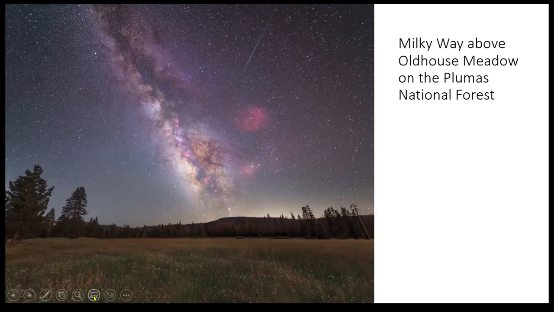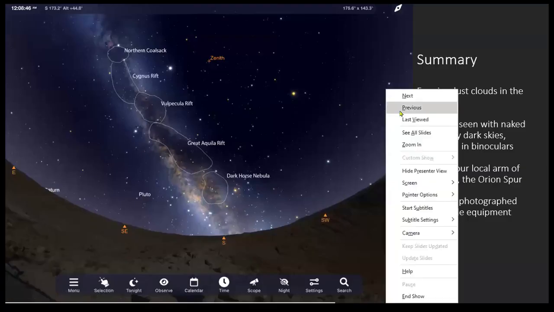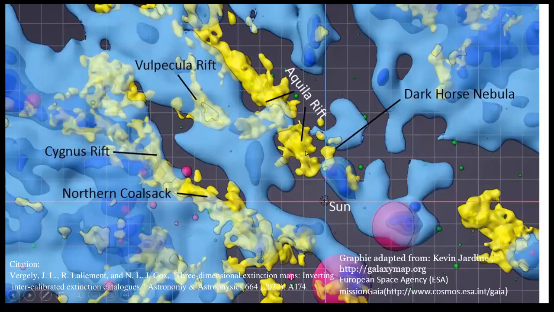So if we're looking at this sweep of all the dark areas, go back a couple of slides there with your blue and yellow HRD diagram. That sweep actually goes around this way. It kind of swings. Isn't that interesting? So the northern Coalsack's coming back a lot closer to the sun than the Vulpecula. Exactly. This is closer. And if you keep following it around, if you're a deep sky imager, you know that